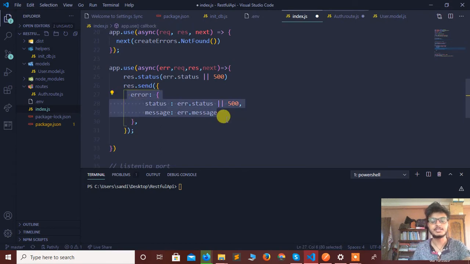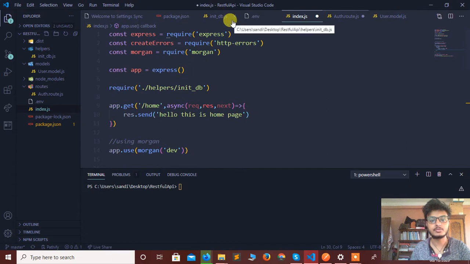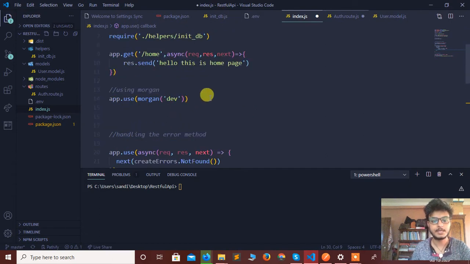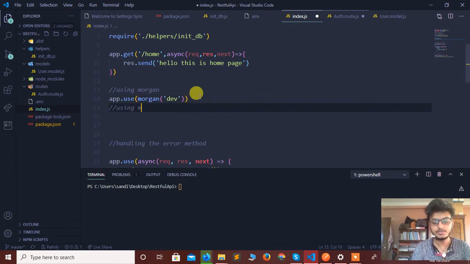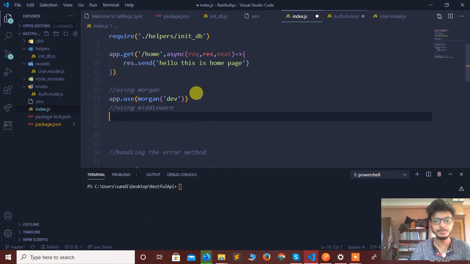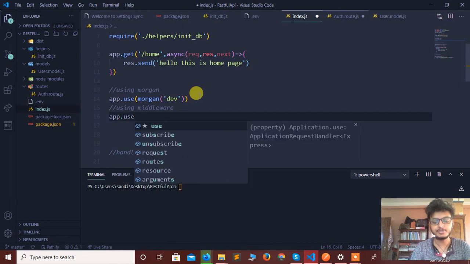In order to print the JSON format, we should also include this middleware. So we can write app.use